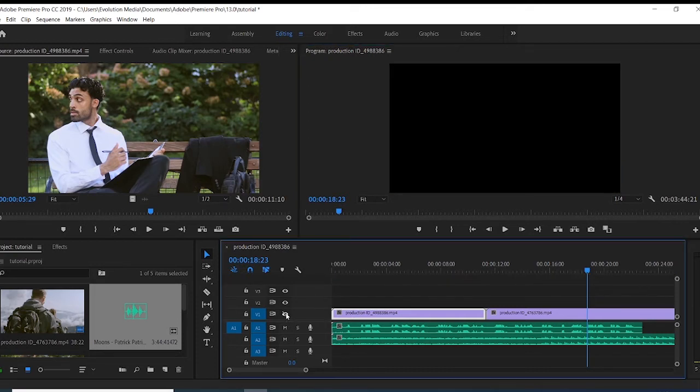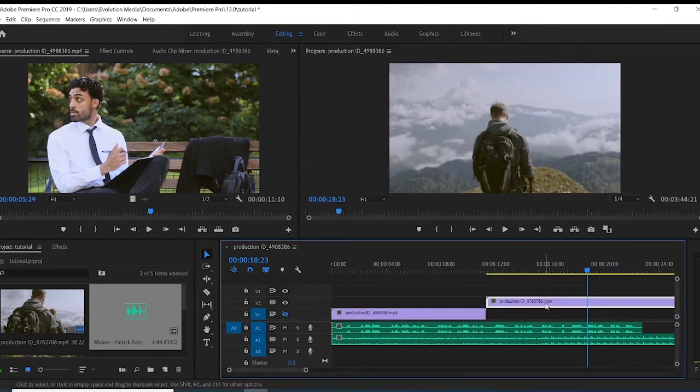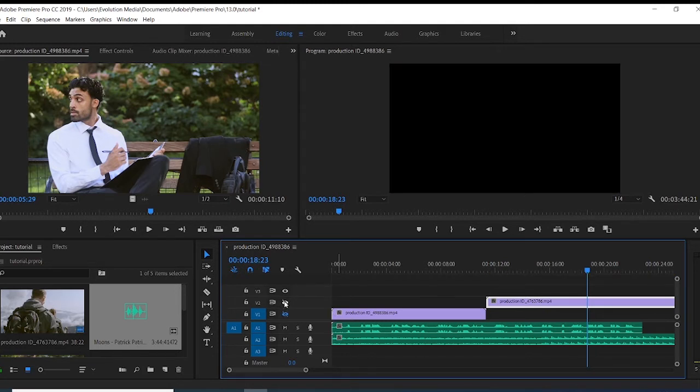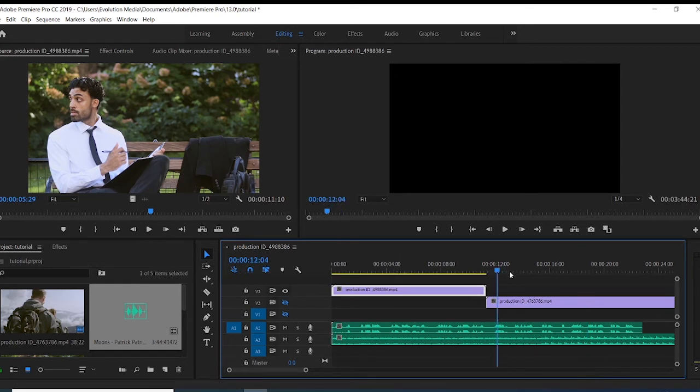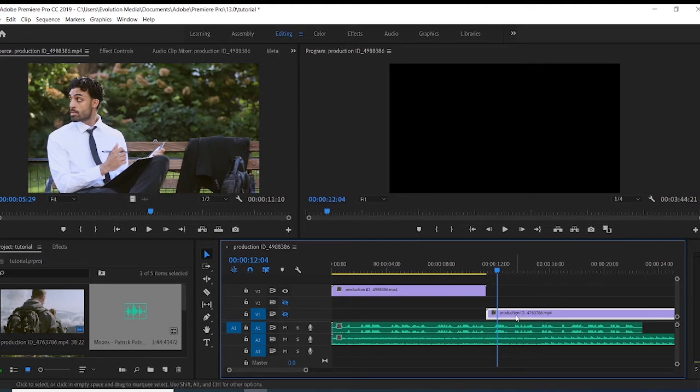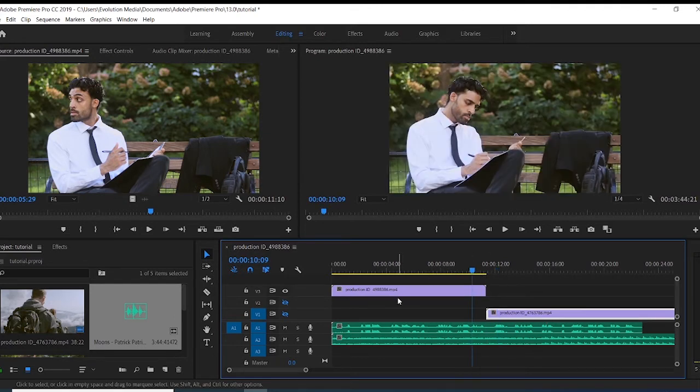And then you can also blind the video. If you blind it, you don't see it anymore. You blind this channel. But if I drag this one to another channel, which is video 2, you see I'm seeing it again, because I only blinded video 1, and this is on video 2. So video 2 is not blinded, that's why I can see it. But if I blind it as well, and then I drag this one to video 3, I can see it, because video 2 and video 1 are blinded, but video 3 is not blinded.